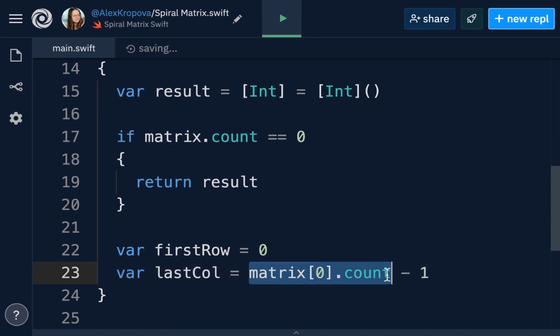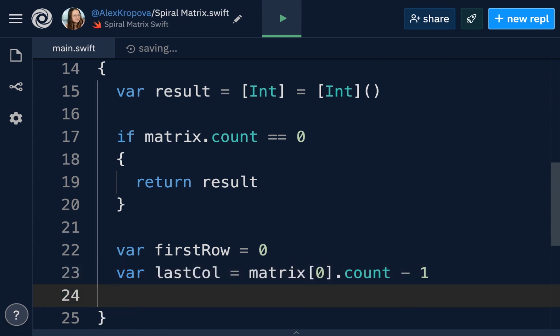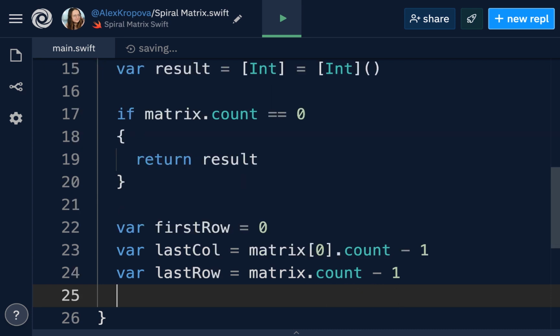So this will be the number of columns there. After we print the last column, we need to print the last row, but in reverse order, which we will account for. And after we have printed the last row, we're going to print the first column as per the rules of spiral order. And initially that will be 0.